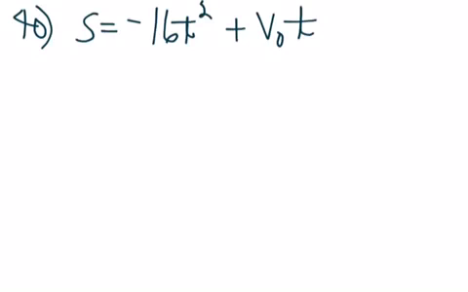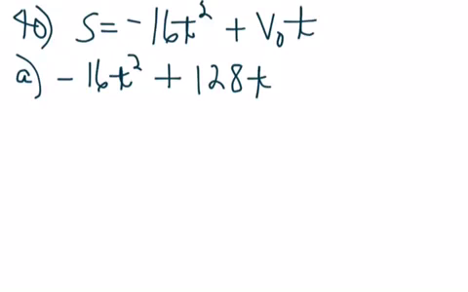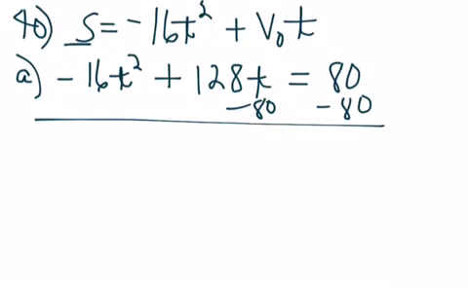So on number 40, it says find the time that it will take the projectile to reach a height of 80 feet. So in part A, we want to use this equation, negative 16t squared plus, and our initial velocity on 40 is 128t, and we want this to equal 80 because s, it tells you, is the height of the projectile at any point after being launched. Well, in order to solve this, we need everything on the left, so let's subtract 80 from both sides. So we have negative 16t squared plus 128t